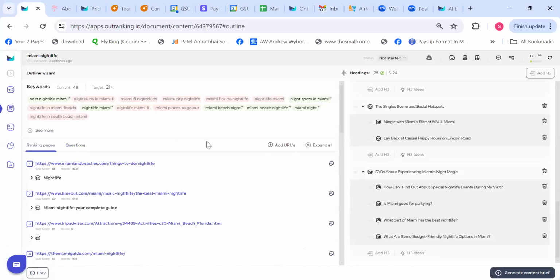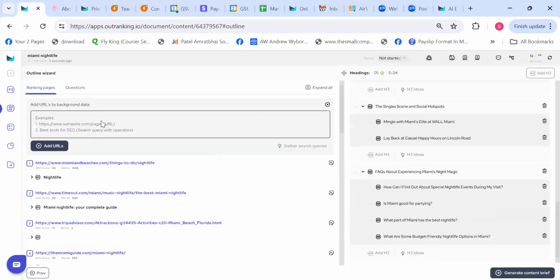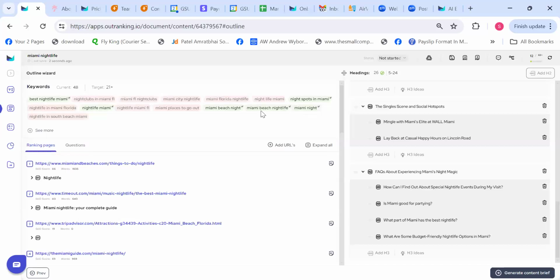And once you're done with that, let me show you something very interesting here. That is add URLs. You click on add URLs, and here, let's say you want to add some more web pages to background research. So top 20 has good stuff, but let's say you know some web pages who have really good content of Miami beaches and you would like to add them. You can definitely do that by adding all those URLs here and just click on add URL because that will add all of those web pages as background research and feed AI so that AI can consider that information as well when it starts writing for you. So that's something important that you can add your own custom research.